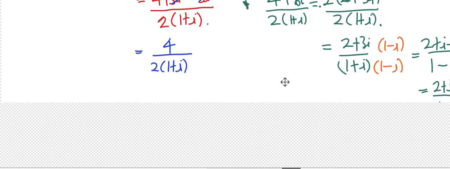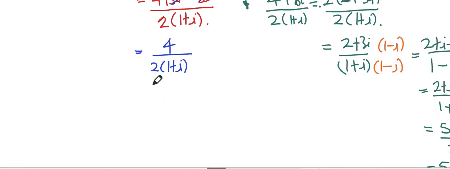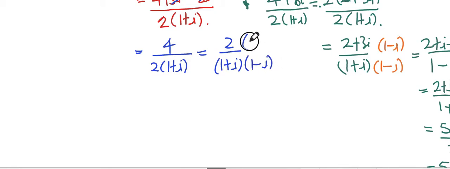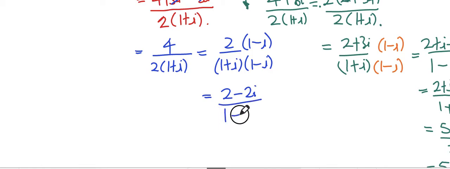Okay, if I simplify this further, I have 2 over 1 plus i. Now rationalize it, because again the question requires us to give the answer in x plus iy, so I need to rationalize this by multiplying with the conjugate of 1 plus i, which is 1 minus i. Let's multiply that. On top, the numerator, you have 2 minus 2i,